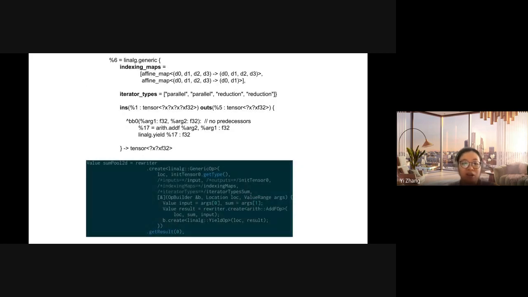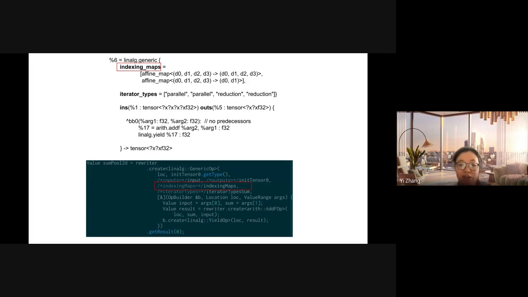So that's pretty much everything about building Linalg Op. And here's the code snippet. On the top is the text format for the Linalg Op to do the accumulated sum reduction, and the snippet on the bottom is the C++ code to finally build the Linalg.generic op and put everything together.